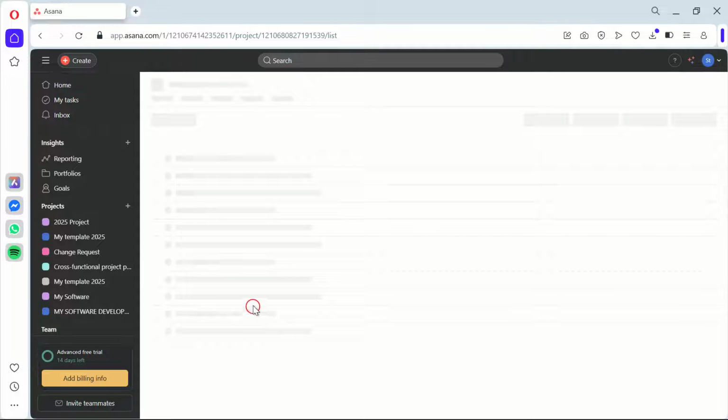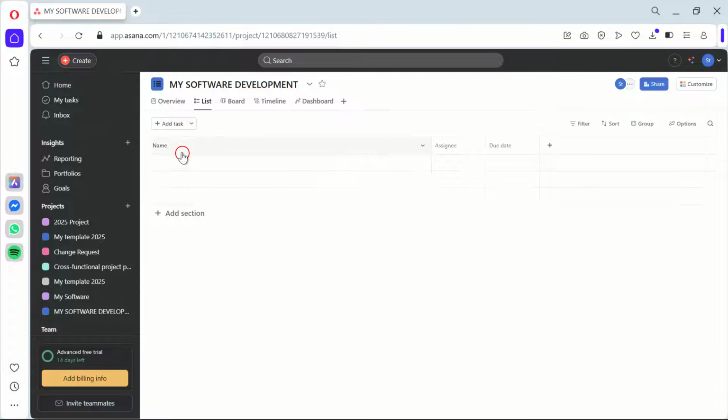Next up, we add tasks. To do this, click on the plus Add Task option. Each task should represent a single piece of work that needs to be done. Be sure to add a description, due date, and assign it to a team member. The reason we do this is to ensure clarity on who is responsible for what and by when, crucial for